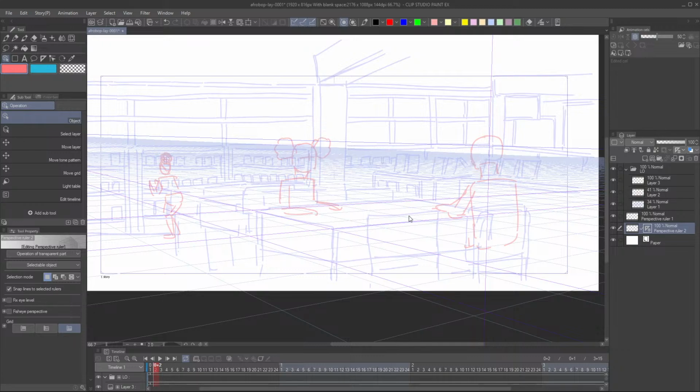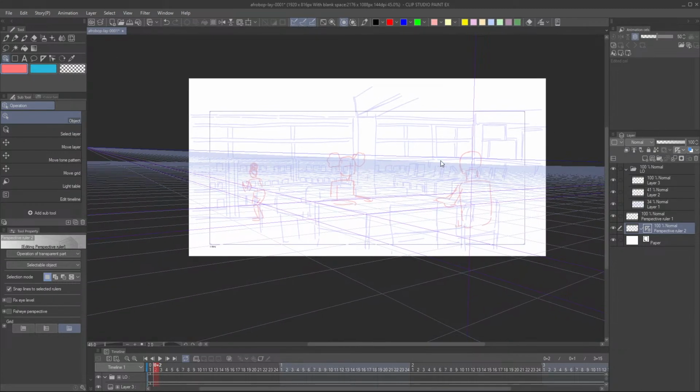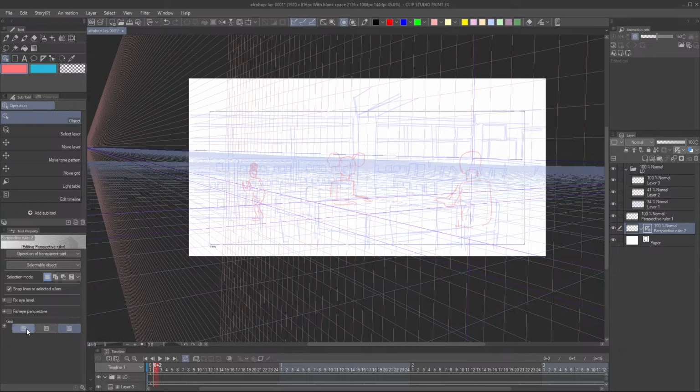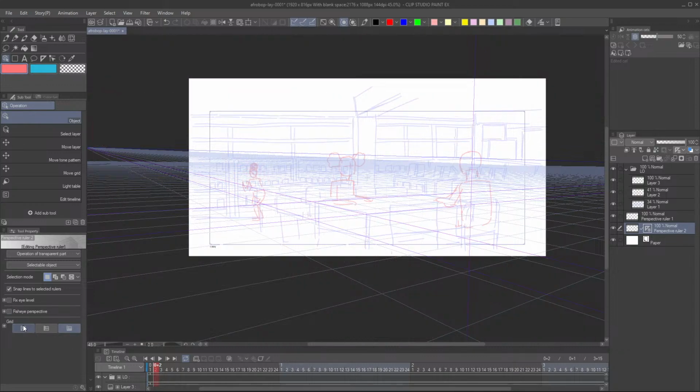So if you want to see if those vanishing points that you've created are working correctly, you just turn on the grids. I prefer using the blue grids, the floor grid. You can see the top side of it. And for this side, we can use the red one to see the sides of these desks, okay? But we'll just use